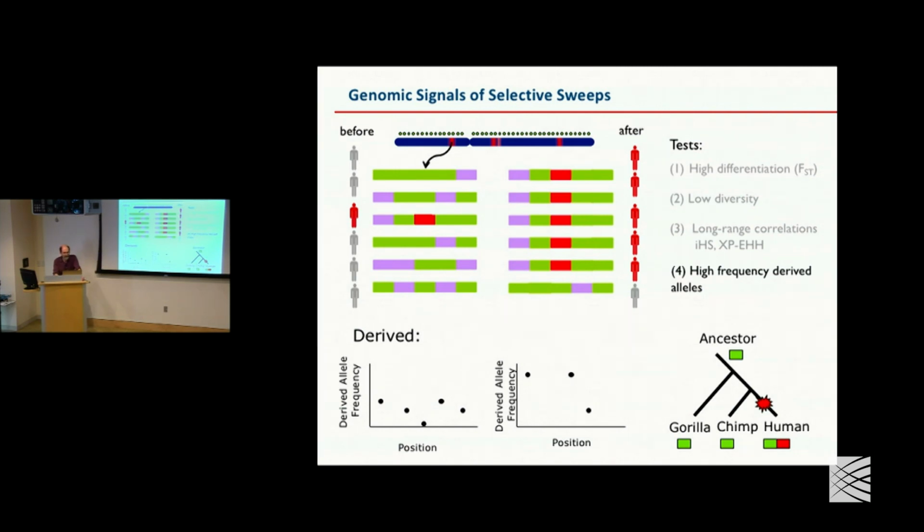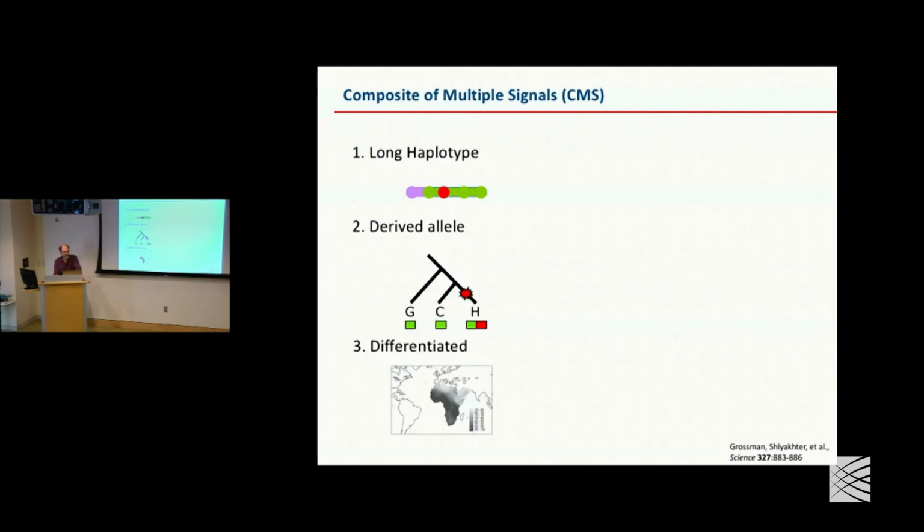And people took these tests, and when we finally had whole genome data, we went and looked for where selection happened in the genome. You can then just go across the whole genome and scan. And you can also do a little bit more intelligent things. These are different signals, so why don't you just combine them and look at more than one of them at once? You can look at each one individually, but